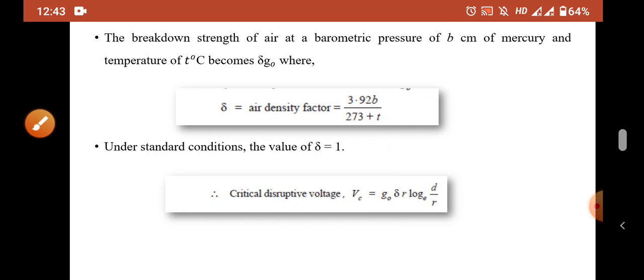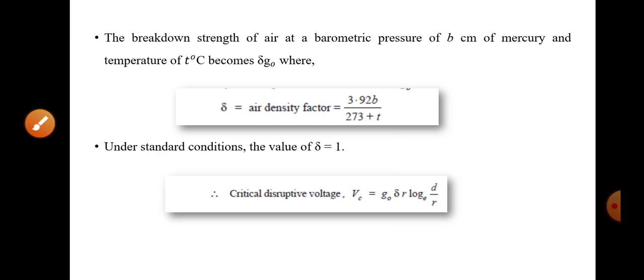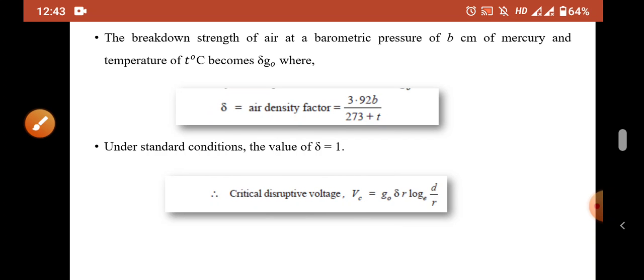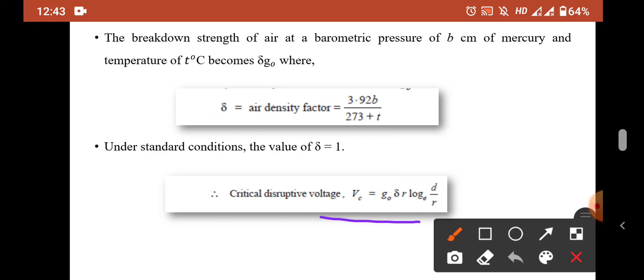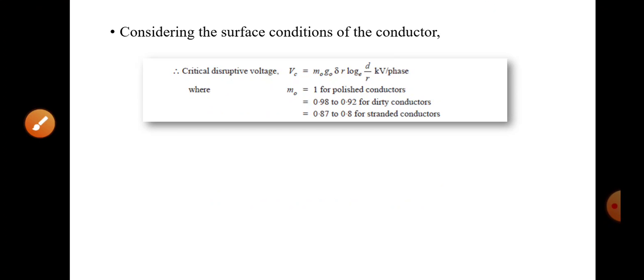For standard condition, this value of delta is 1. That's why here we only considered G0. For other conditions, we have to consider this air density factor. So in this equation, we have to multiply G0 with delta, then the critical disruptive voltage for other conditions will become G0 into delta r into log d by r. And considering the surface conditions of the conductor, we have to include m0, which is the irregularity factor. So then the equation will become Vc is equal to m0 G0 delta r log d by r kilovolt per phase,